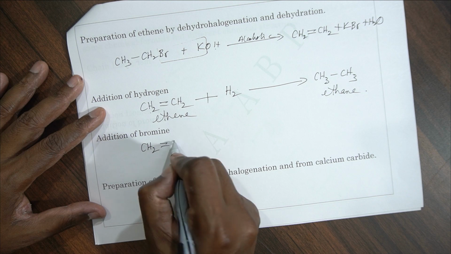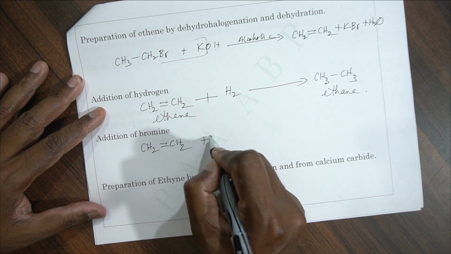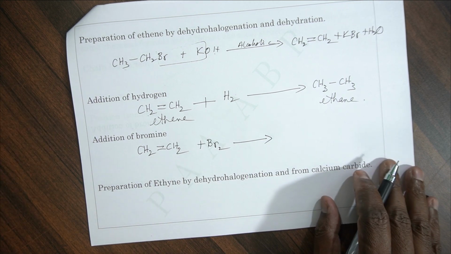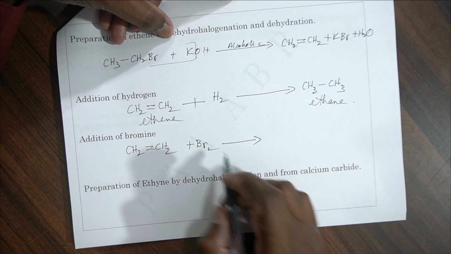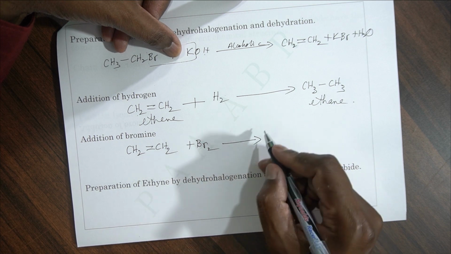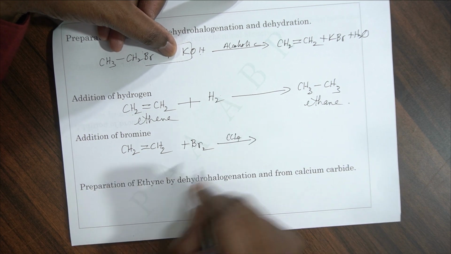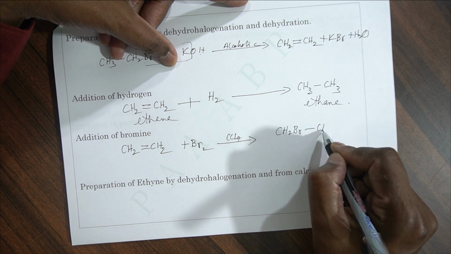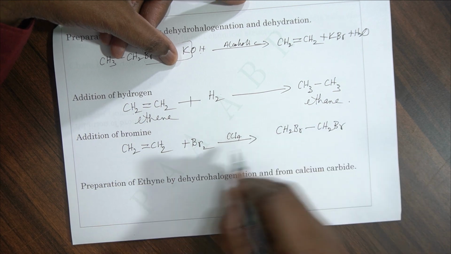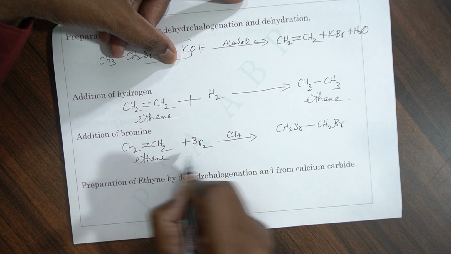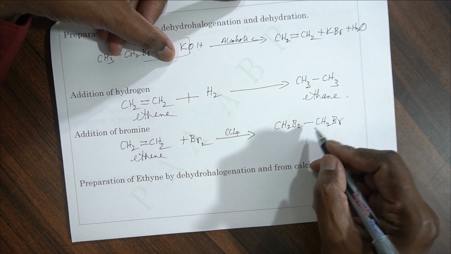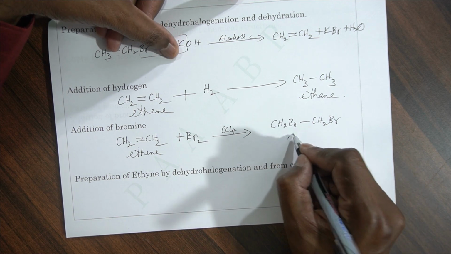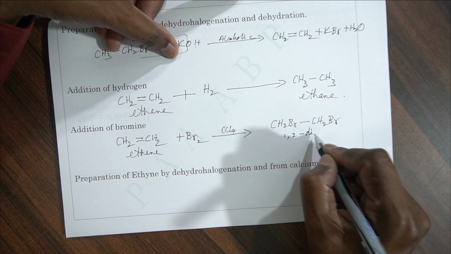Then addition of bromine is another reaction. CH2 double bond CH2 plus Br2. Okay, there is a video by the name of alkenes. You can check that. There everything is dealt with in detail. So carbon tetrachloride, a neutral solvent, is used. So it becomes CH2Br dash CH2Br. Okay, ethene. Now bromine will be purple colored. The final solution will be colorless. This is called 1,2 dibromo